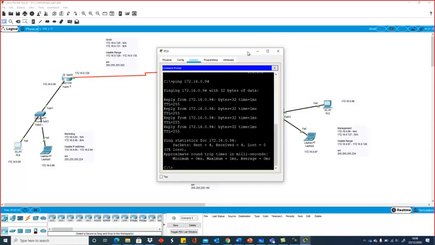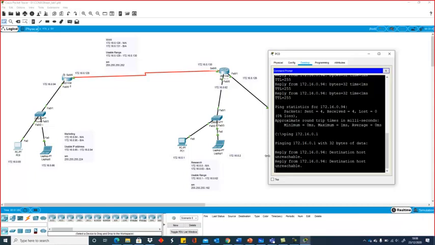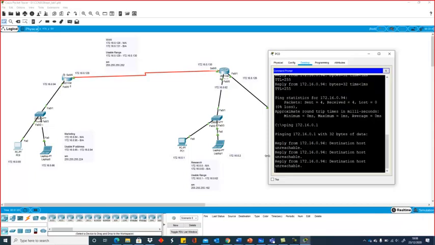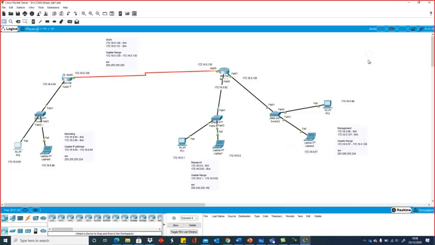The next thing for me to do will be to see whether I can ping this one. So ping 172.16.0.1. Destination unreachable. One thing you should also know is that anytime you see destination unreachable, it should give you an indication that it's possible that the router doesn't know your destination because it doesn't have the network address inside it. Is that okay? Now, the next thing we'll be doing is